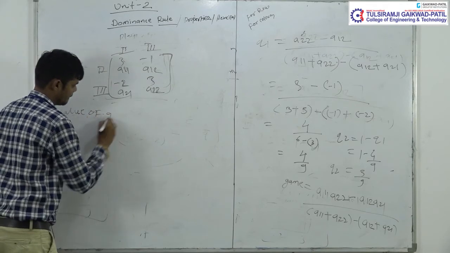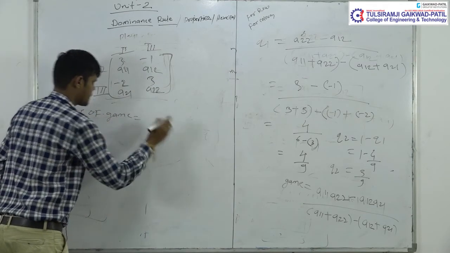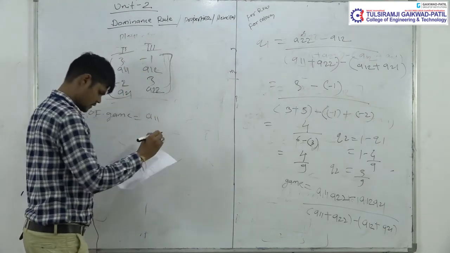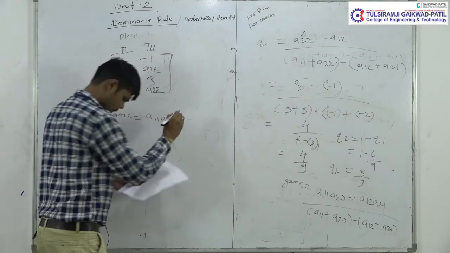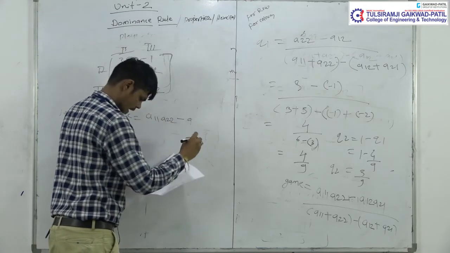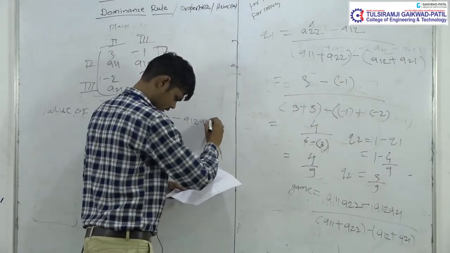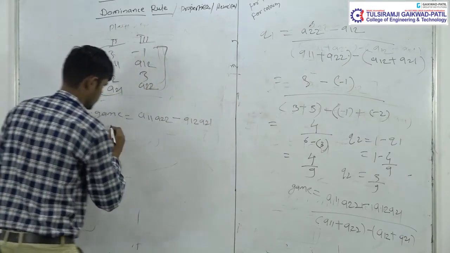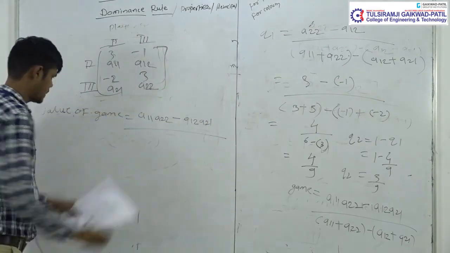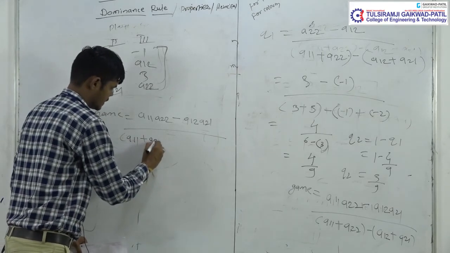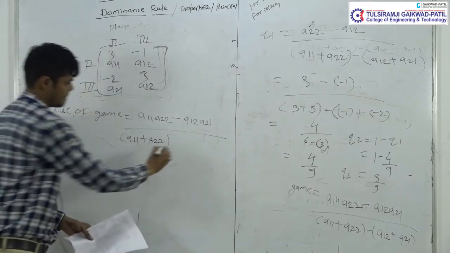Next, the value of game. Value of game formula is A11 A22 minus A12 A21, under A11 plus A22 minus